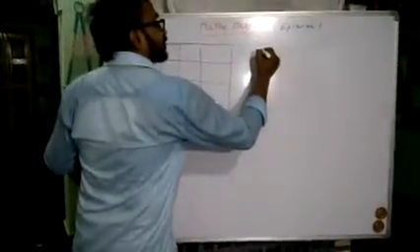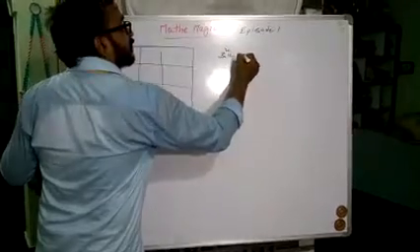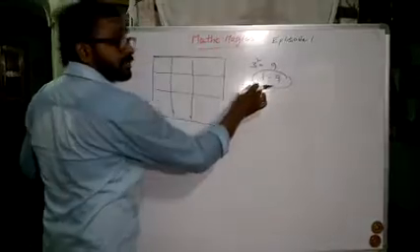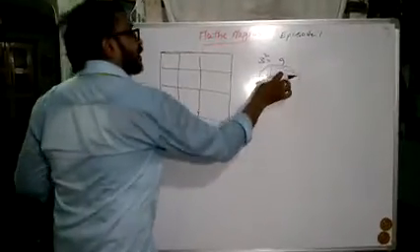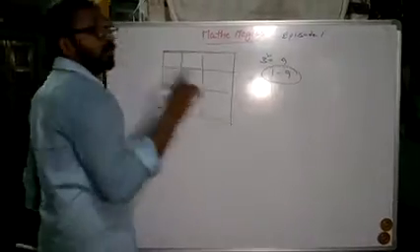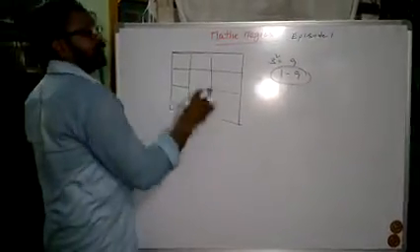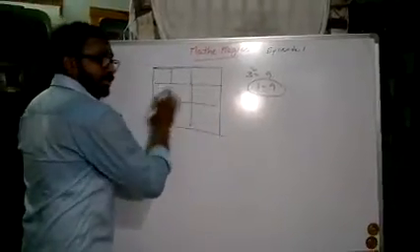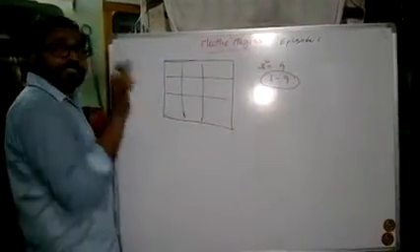Here it is a third order matrix, that is 3 square equal to 9. We should take 1 to 9 numbers without repeating. We should fill these 1 to 9 numbers in these boxes so as to get 15 as magic constant. 15 means the sum of the numbers in first row, second row, third row, all are the same, that is equal to 15. That is called a magic constant.